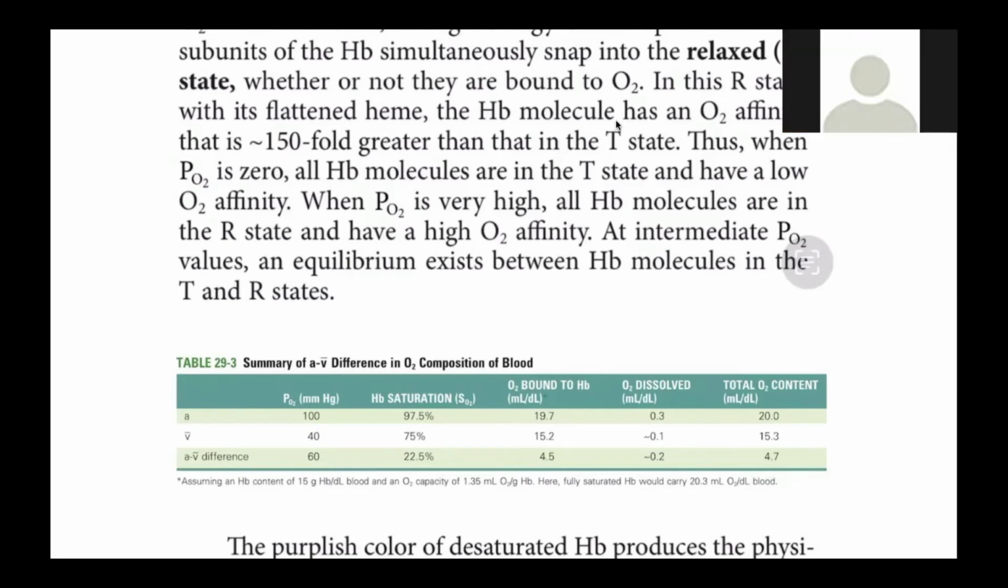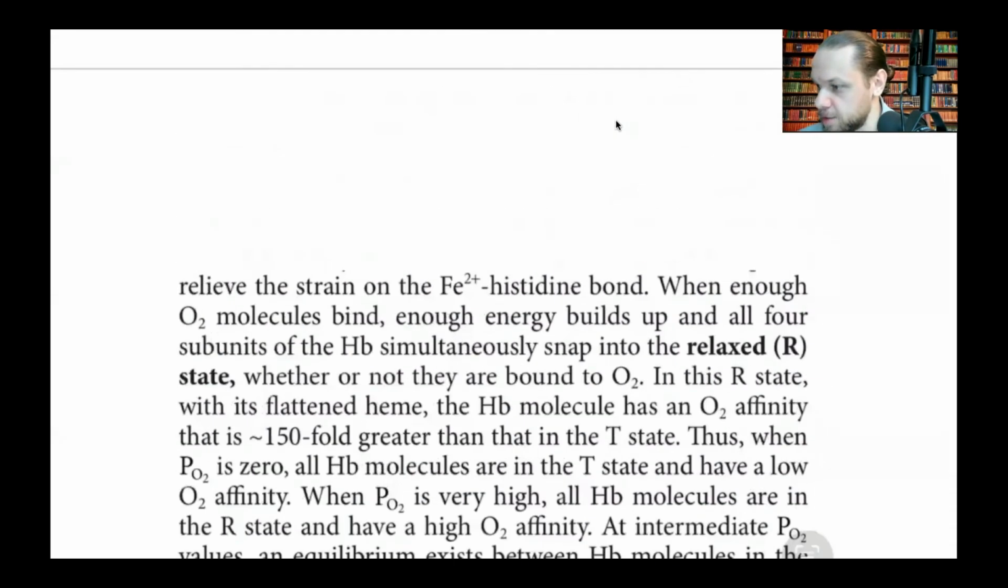And the tense state, is it caused by its environment? Yes, that is correct. So there was a scientist named Bohr, right? They call it the Bohr effect. So the more CO2, right? So let me go back to this